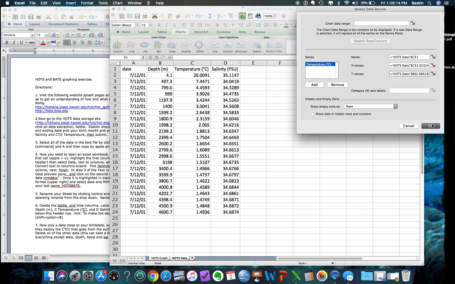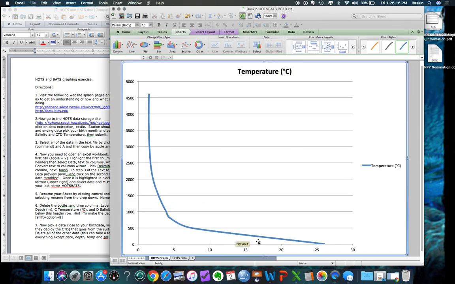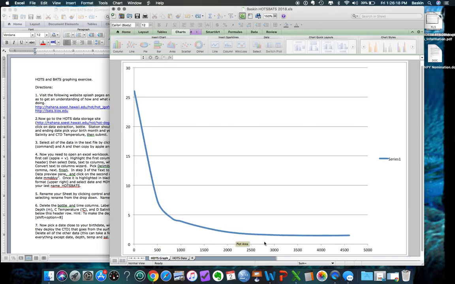When I click OK, it's actually flipped these. I'm going to show you another way to do it too. I did Control-Z there. Control-Z will always undo whatever you want to do. The other way to change it that's pretty easy, when you're working with a really large data set where you don't want to select everything,